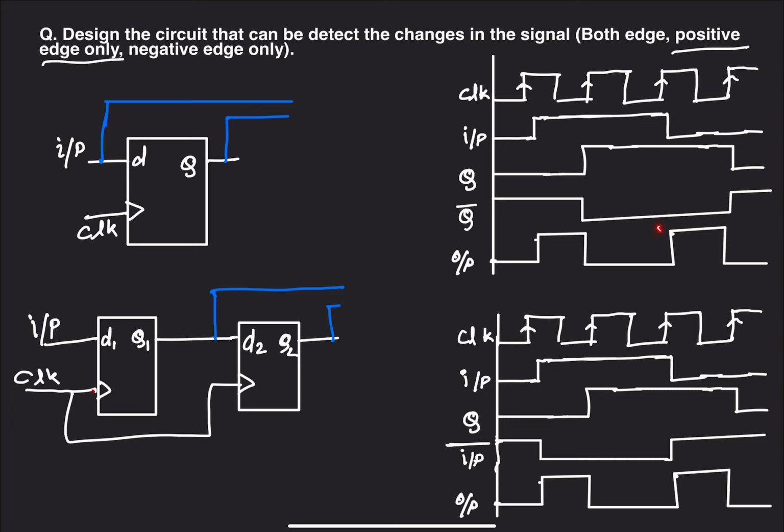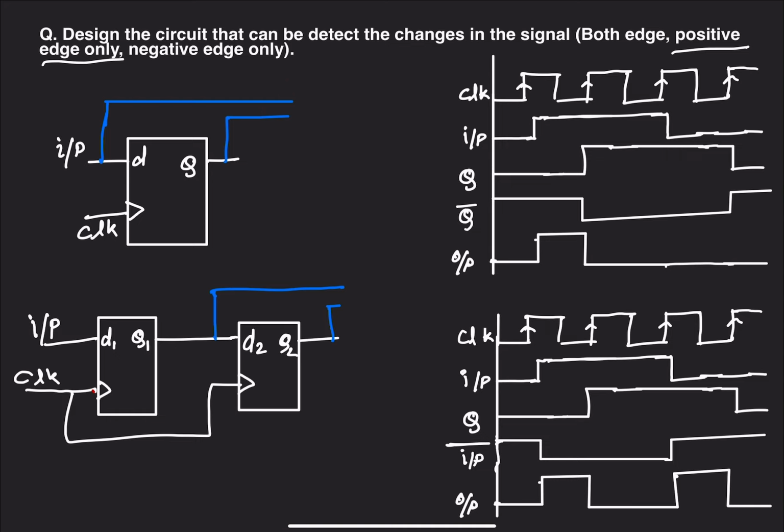For that we have to remove this detection and make it continuous. So now we have to trace the waveform and identify which gate has to be connected with this circuit